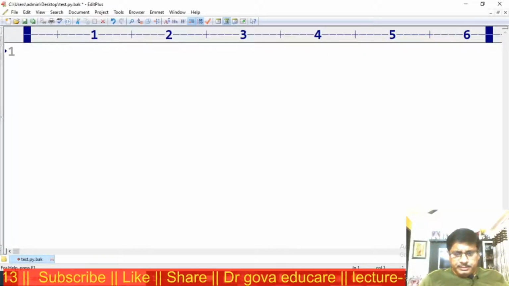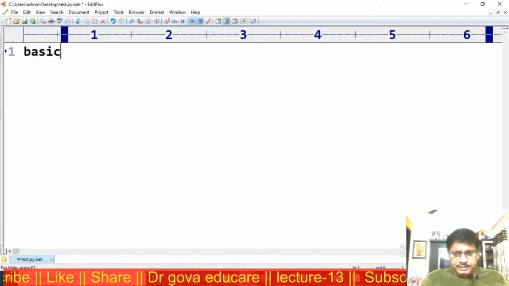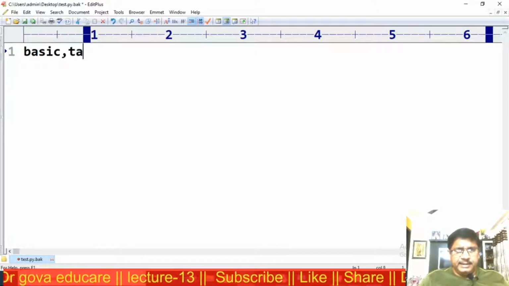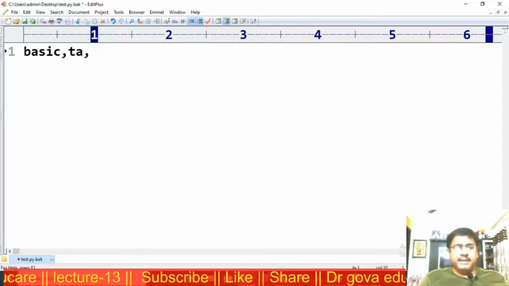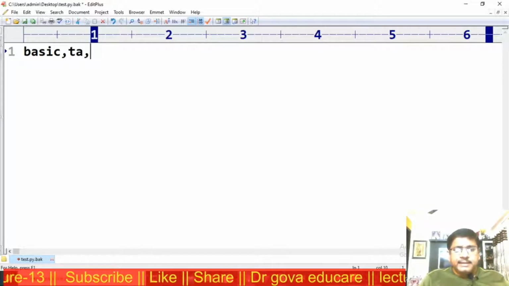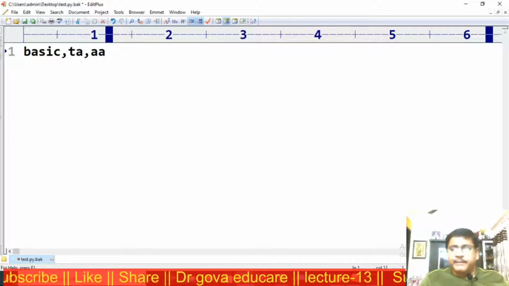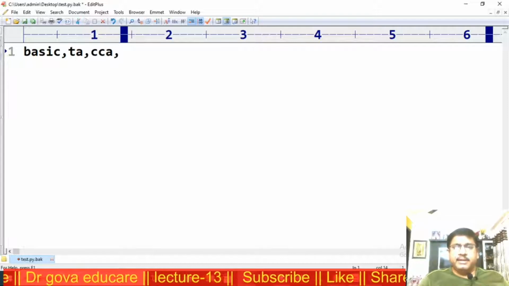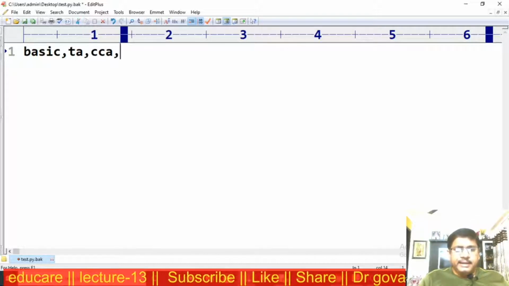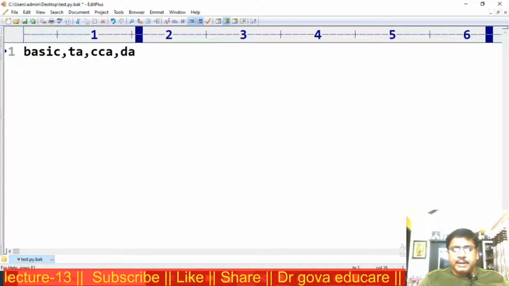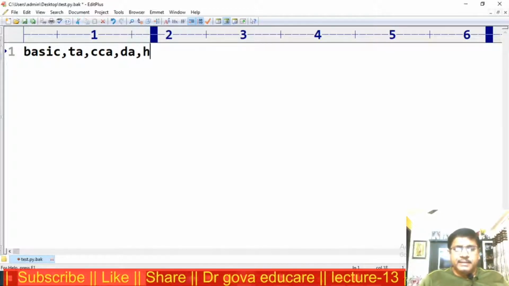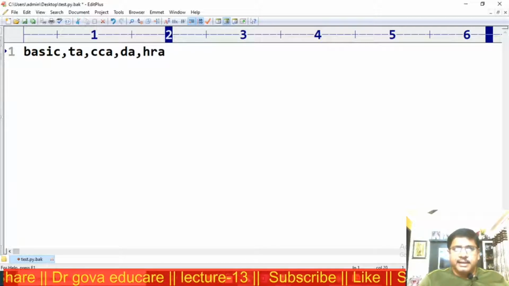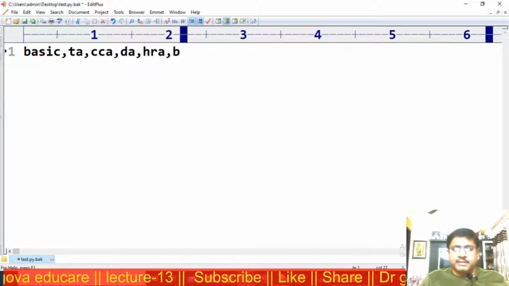The inputs are basic, TA, DA, CCA (city compensation allowance), HRA, comma, bonus.